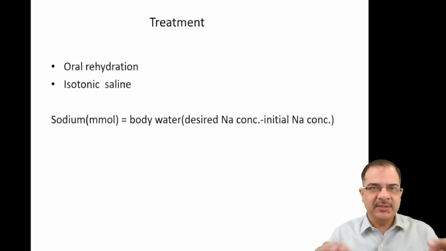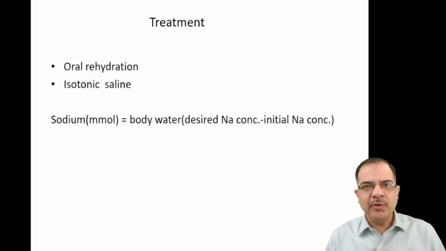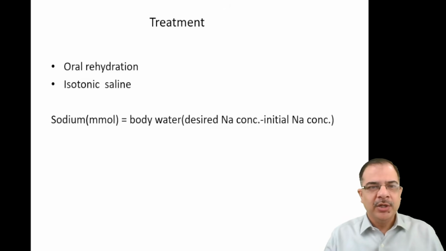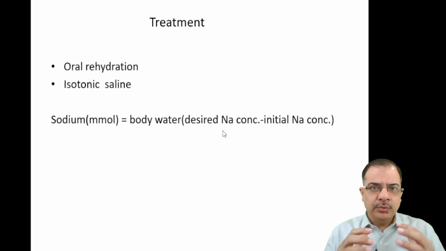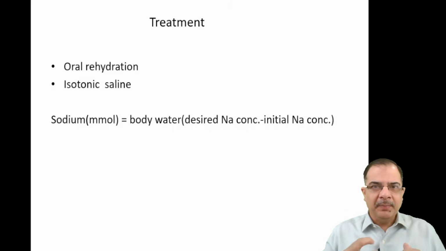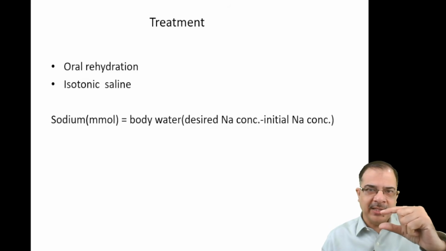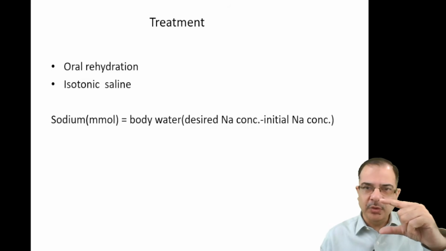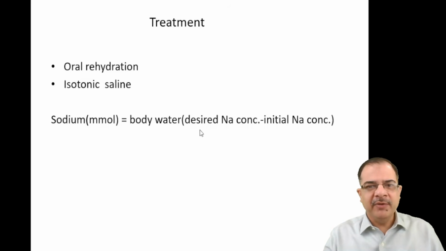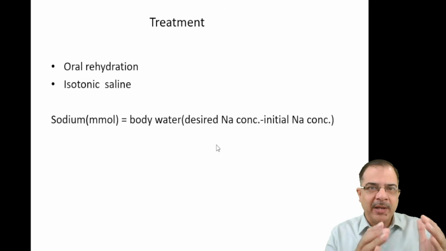The formula is, this is a very important conventional formula, that how much sodium should be given from outside in millimoles. So sodium to be given in millimoles is body water multiplied by desired sodium concentration. So this is a rule that we should not replace the sodium very rapidly, because it can cause pontine damage. So we make our own target that within 24 hours we have to raise the sodium concentration to this level. So this is the physician's decision, what should be the desired sodium concentration in that particular time frame.